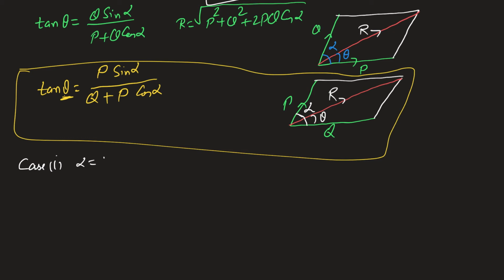When alpha is pi by 2, in this case both the forces are at right angle to each other, like that. So, let me complete this one. This is angle, this is theta. So, in this case we will write tan theta will be,